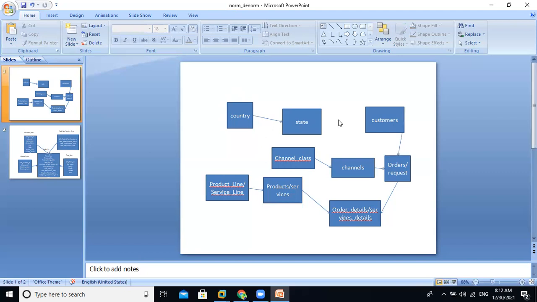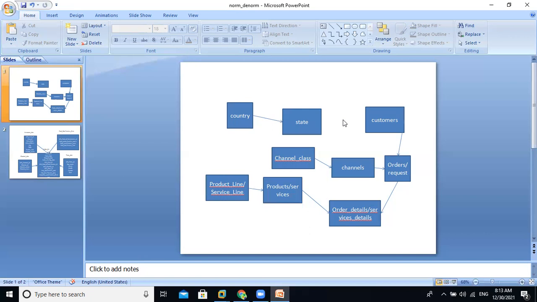Sometimes we can add, if new states are formed within that country, add that state's details, but don't update existing details. In very rare cases, update state details. If any state name is renamed, then only can we update them. Otherwise, no need to update them. Even though the state name is updated, the state ID is never updated. Unique indexes: every database table has one index. Actually, in the conceptual model also, we can call these objects entities.